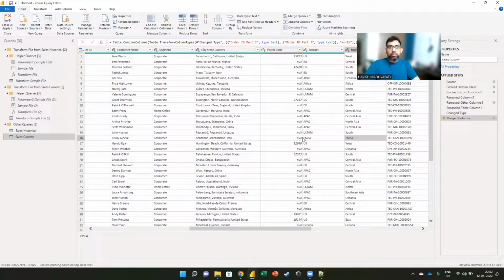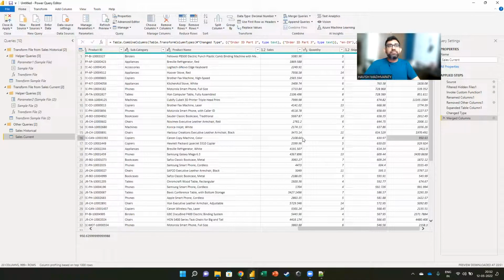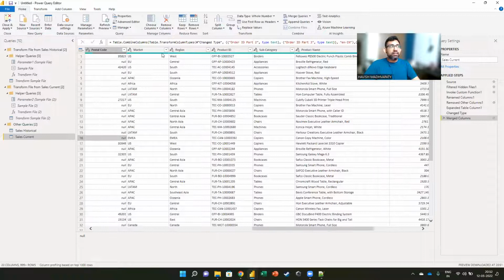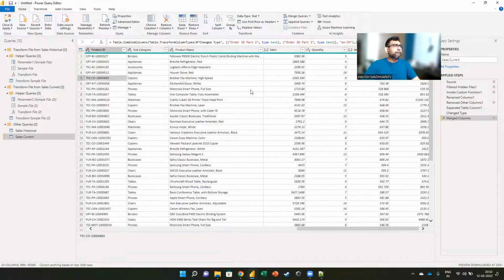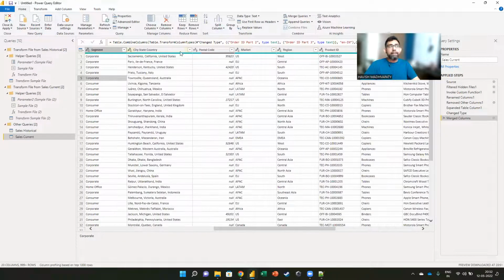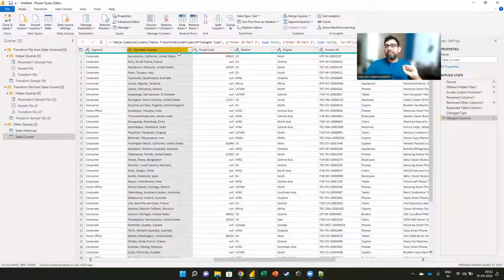Now we have one more problem, which is that my location, where did it go? Hold on. Yeah, my city, state, and country have been given in a single column, but we want to split it into 3 columns. In Excel, we would have done text to columns. Here we can do text to column.